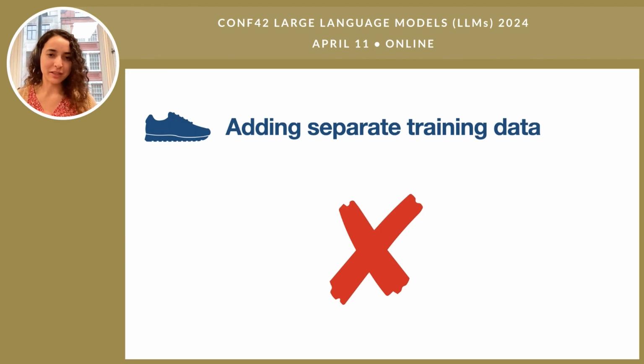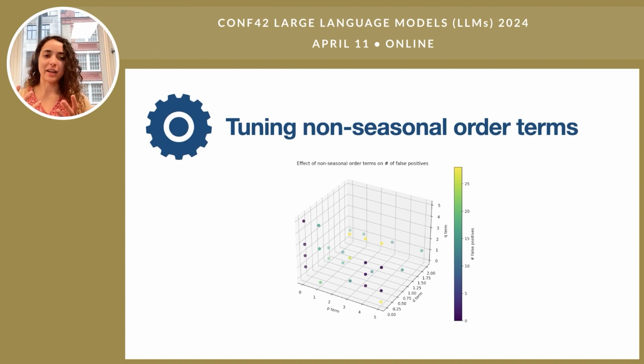And then after looking into it a little bit, there's one thing that we haven't done yet, which is that we haven't tuned our model. Tuning our model is that last thing that happens. This might bring back some memories from university, but you can tune the non-seasonal order terms that you have. I'm not going to go into too much detail on this, but feel free to check out BigQuery ML's anomaly detector, because it's got some more details about it.